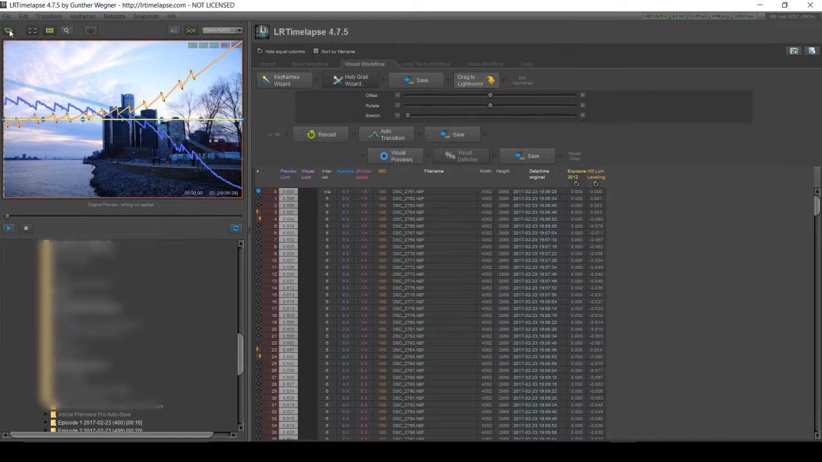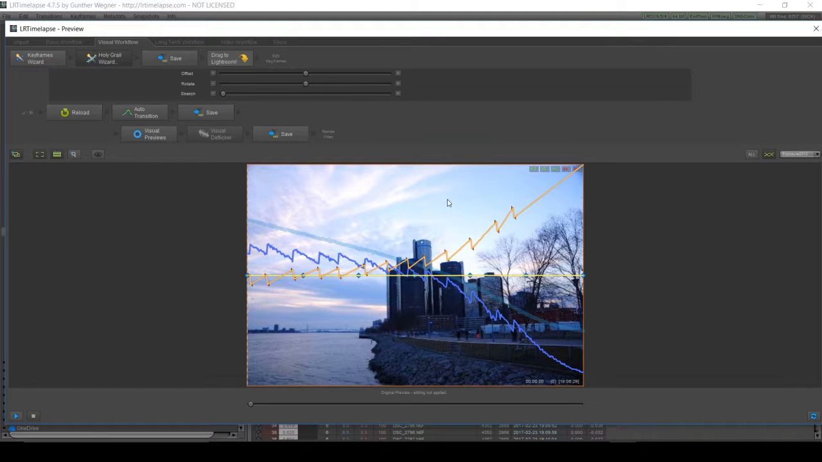Let's go back to full screen. I like full screen a lot better. The Holy Grail wizard is going to recognize where we made our shutter changes, and it's going to drop a couple keyframes onto each, and it's going to compensate through the sequence for those changes, as you can see here